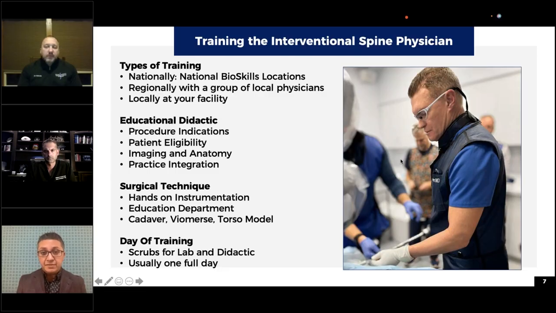Or they're offering something different, and you've been trained in it. How do you go and advocate to keep those skills sharp and to make sure that, if you believe this is the right therapy, you've been trained in it to actually bring that on board? Because I feel like, in some situations, a variety of training offers exposure to minimally invasive spine, and then a lot of training is just traditional chronic pain management. And so we're trying to figure out how to solve that problem. But if you're trained, how do you actually go and advocate to get that technology available to your patients?